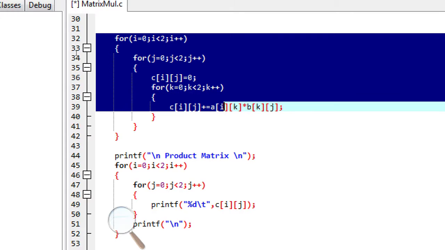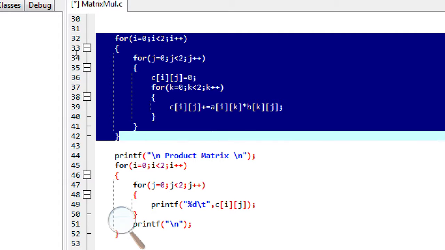Within this we write the formula C of ij plus equal to, which is an assignment operator, A of ik multiplied with B of kj. In this way we calculate the values for C of ij, but in this for loop we have not printed the values for the C matrix.